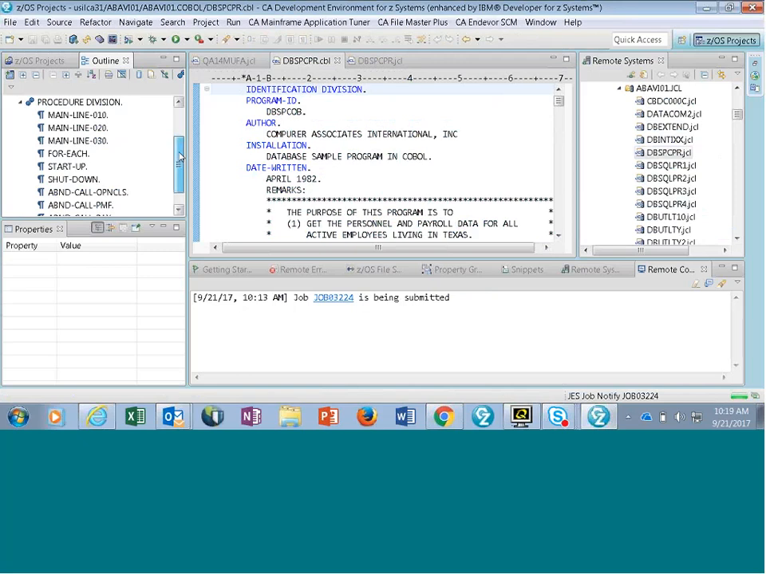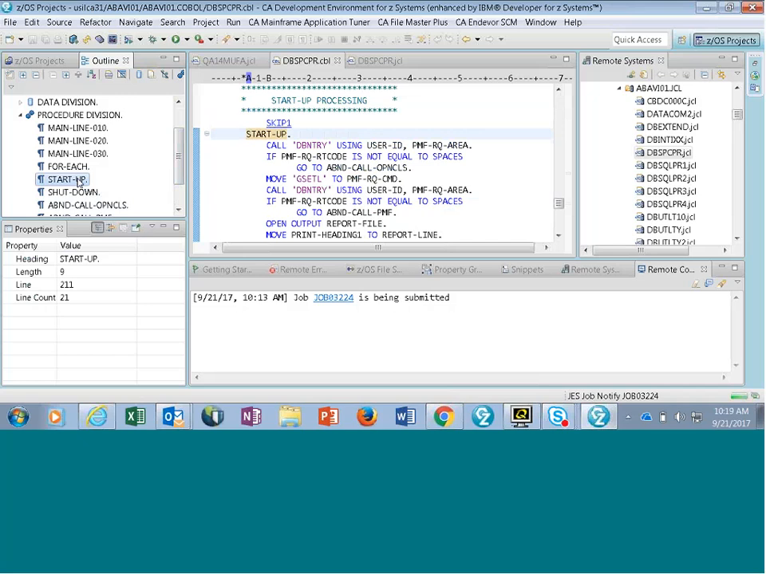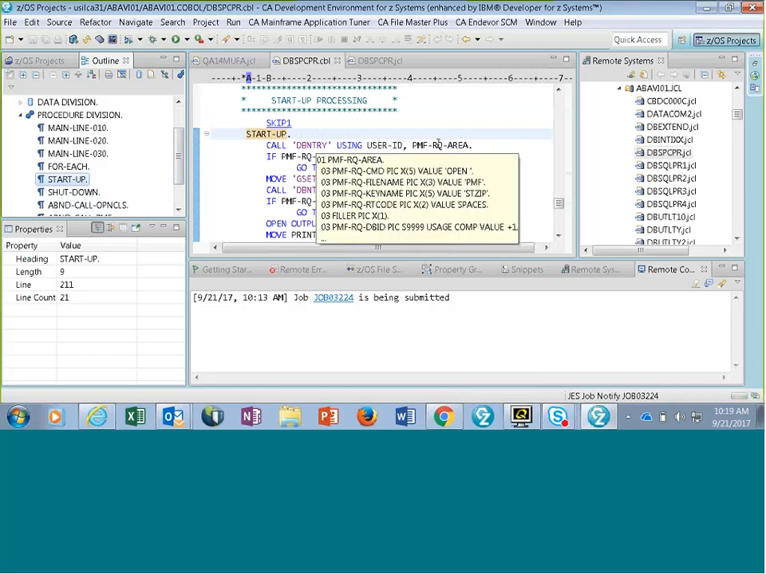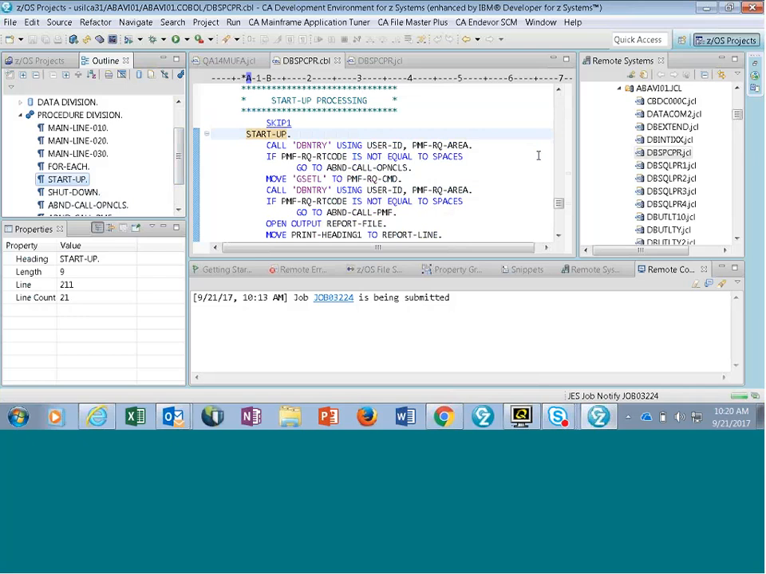It allows you, notice the outline here, it gives you every paragraph within the procedure division. So if you want to go directly to it, you can just click on it and you're already at that point. And if you have copybooks or anything, you can just put your mouse over it, and you'll be able to see what's actually underneath, or what has been identified within either the copybooks or the particular work areas that you're working with